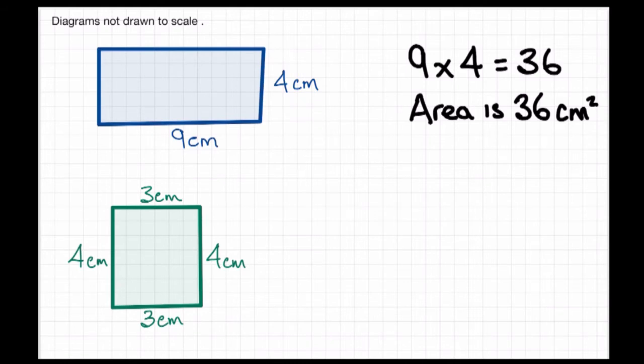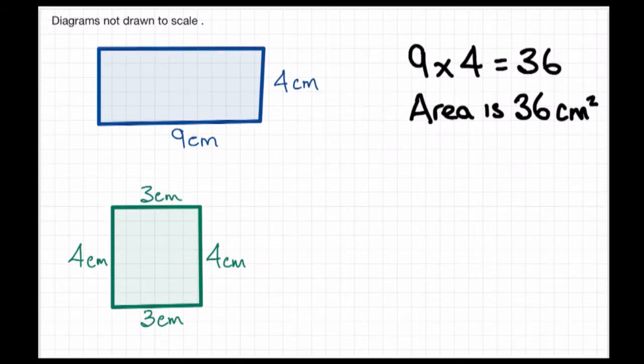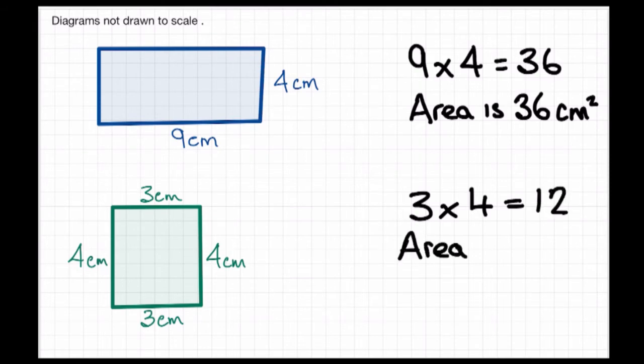So the length is 3 centimeters, the width is 4 centimeters. It could be either way around, of course. So the calculation that we have to do is 3 times 4, which is equal to 12. So the area is